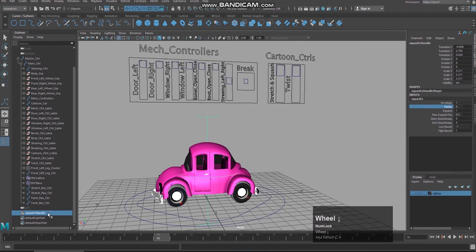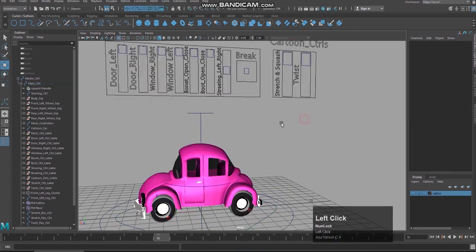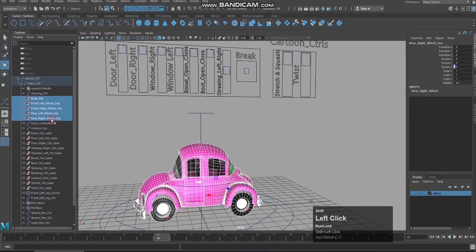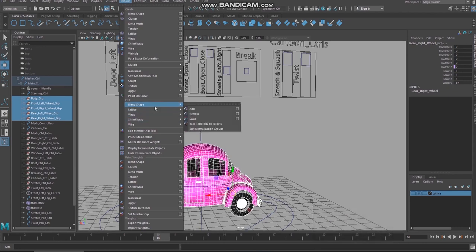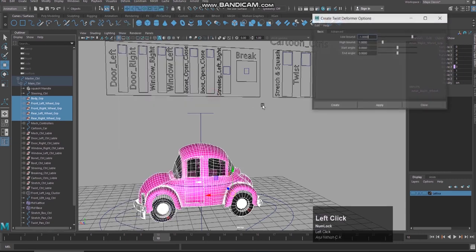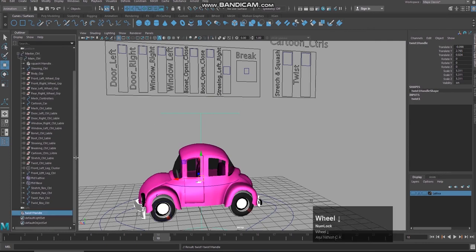Again this squash handle should come under the main control, because if we move this, it should also follow the body. So again the same thing, select the body group, select all the wheel groups, go to deform, non-linear deformers, and I'm going to apply the twist deformer. Create the twist. Now again bring the twist handle under the main control.